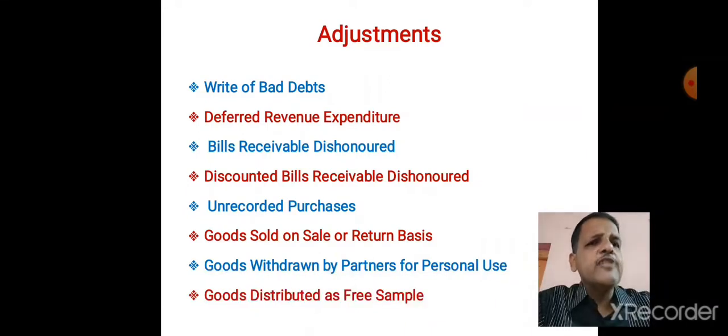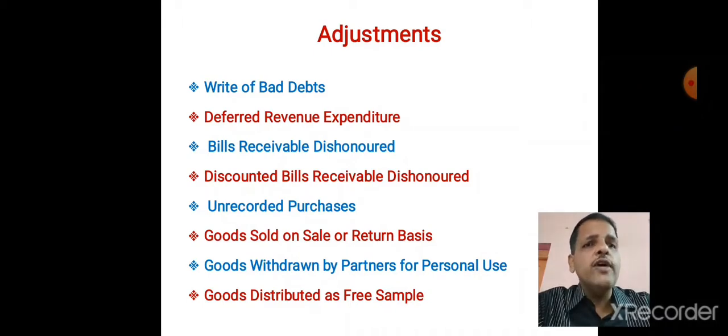Same happens in case of unrecorded sales. When unrecorded sales is given, let us see if sales are credit sales. Then we have to add in sale on credit side of trading account and debtors on asset side of balance sheet. If they are cash sales, what we have to do? We have to add the amount of cash sales in credit side of trading account and second effect, we have to add that cash received from sale in cash or bank balance on asset side of balance sheet.